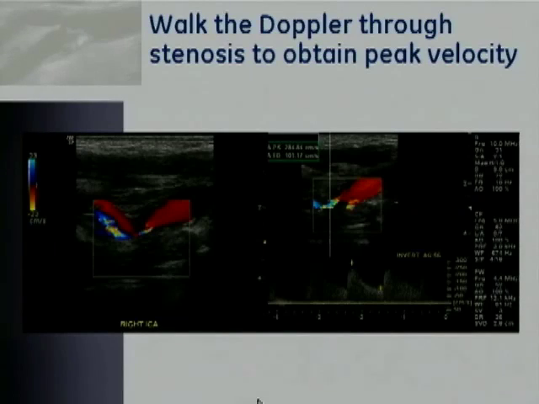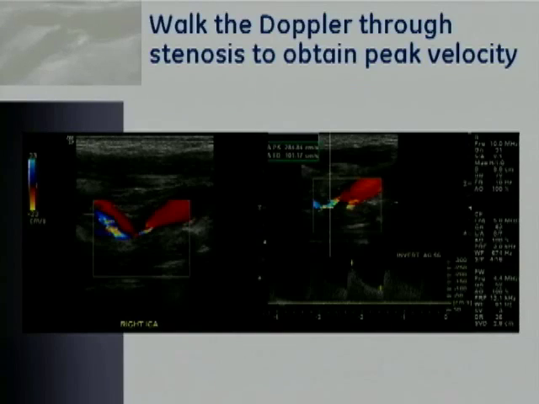This is just another nice example of walking the Doppler sample volume through an area of stenosis, but in this case, one of the things that I want to point out is the use of a larger sample volume. And this is something I want to talk about a little bit because a lot of times we have historic baggage that we've carried along with us from the person who taught us to do this study, and we don't really know why we're doing some of the things we're doing, but just that this is the way we were taught. And when I was first taught, I was taught to use a very small sample volume when performing Doppler